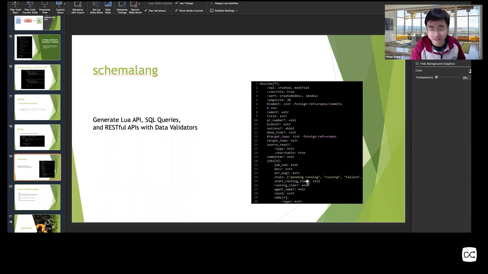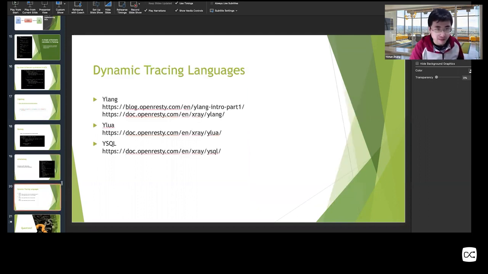It's a very handy tool for creating Lua web applications, for example, database-backed web applications. And we also have dynamic tracing languages, which do not generate Lua code. The source language, the input language could be Lua. If you are interested, you can look up the link. The public documents are available to everyone.